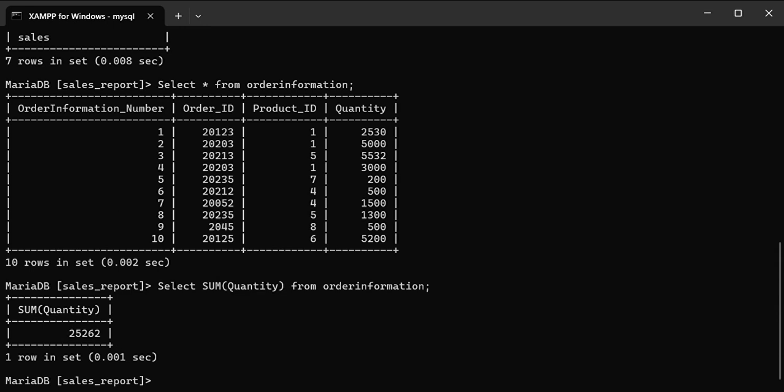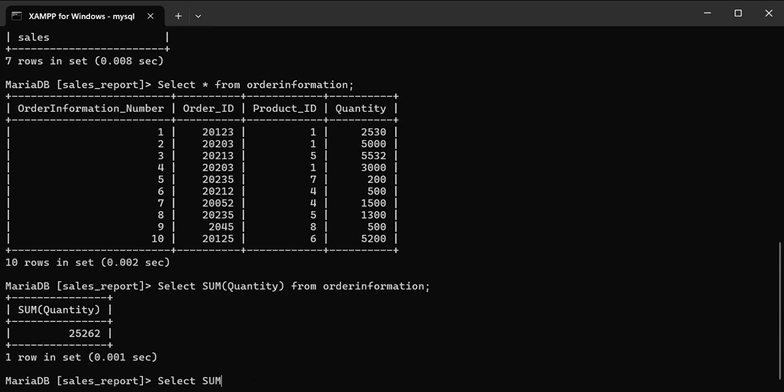Another example is by adding a WHERE clause on the SUM function. A WHERE clause can be added to specify conditions. Say, for example, we wanted to return the sum of the quantity field for the product with ID number 1.